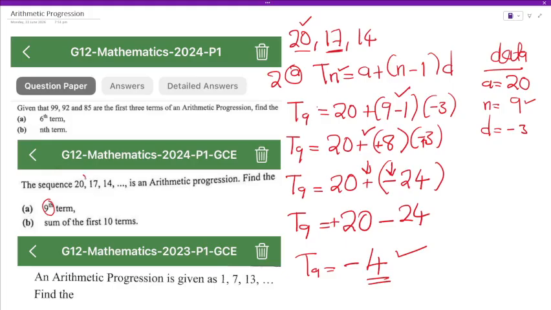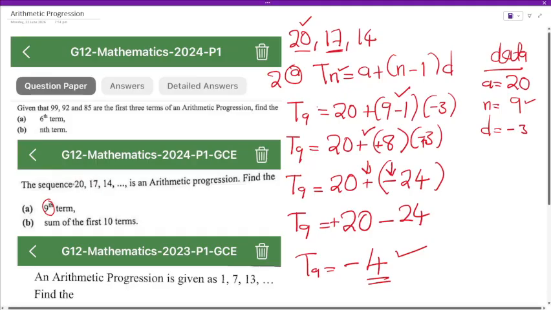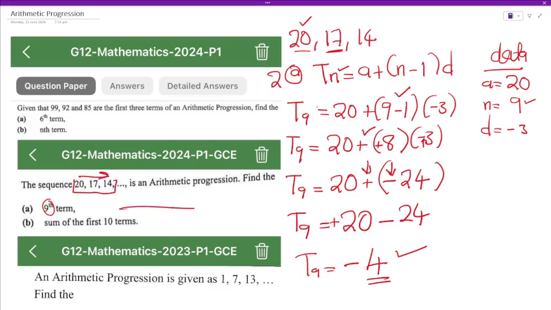So now you will notice to say, okay, I found the negative 4 as term number 9, but term number 1 is a 20. How does this work? So investigate the sequence, the progression. You notice to say these numbers are decreasing. And on the number line, this is your 0. This side you have positives, this side you have negatives. So this sequence is heading in this direction, towards the negatives. Therefore, it is possible for you to find a negative number as your